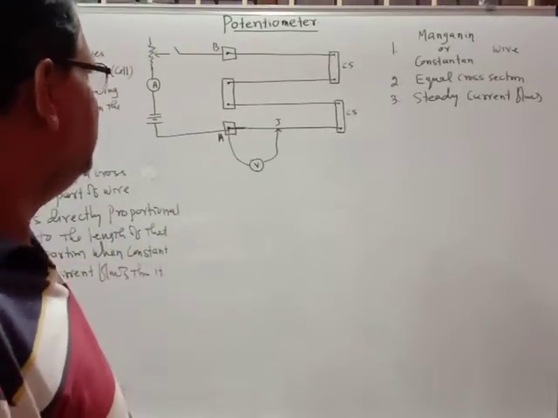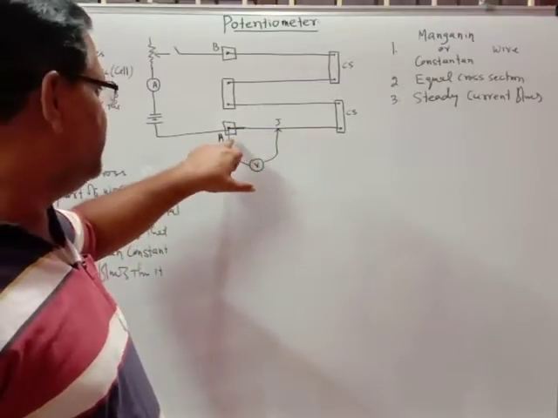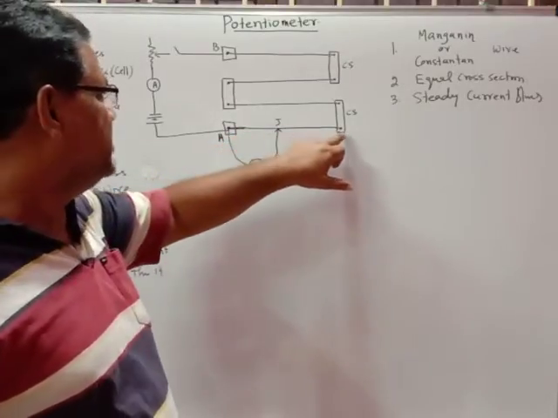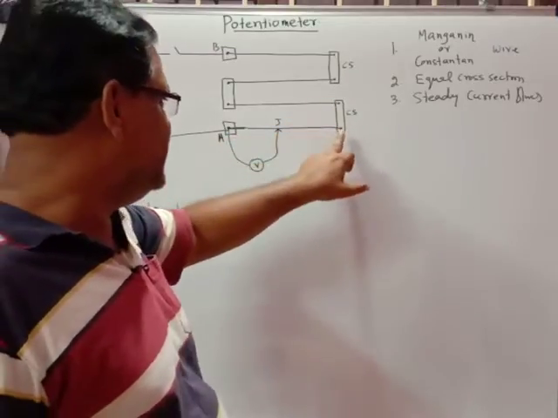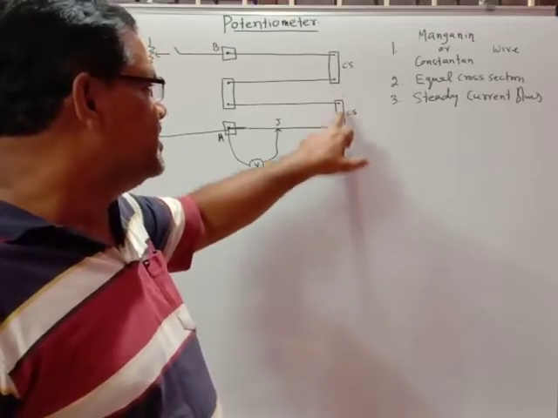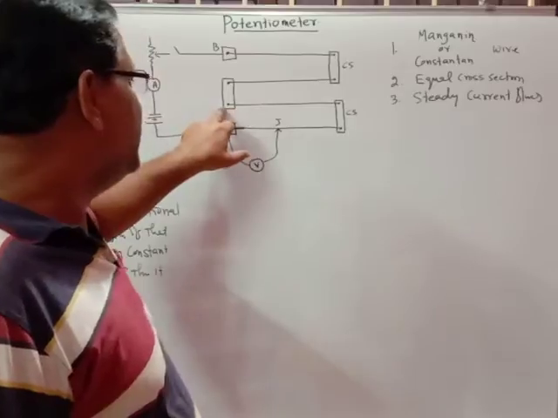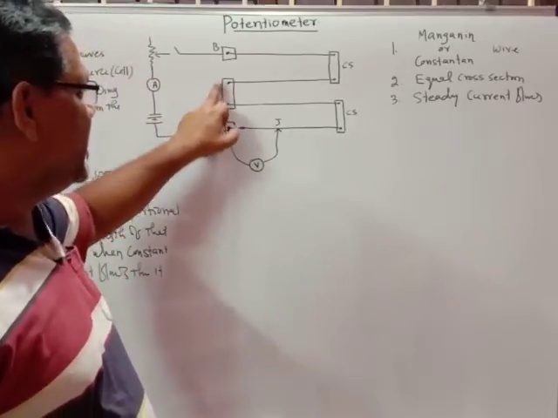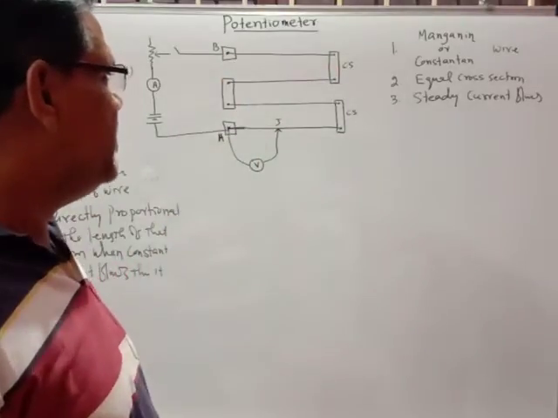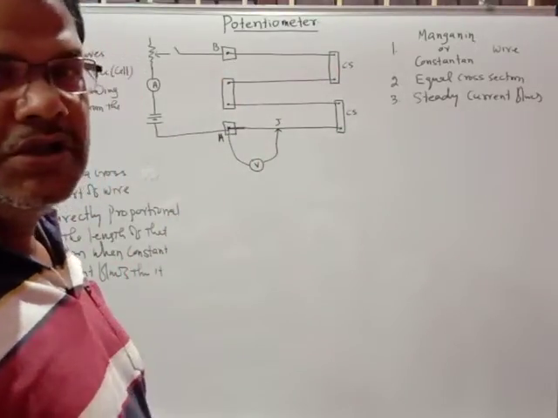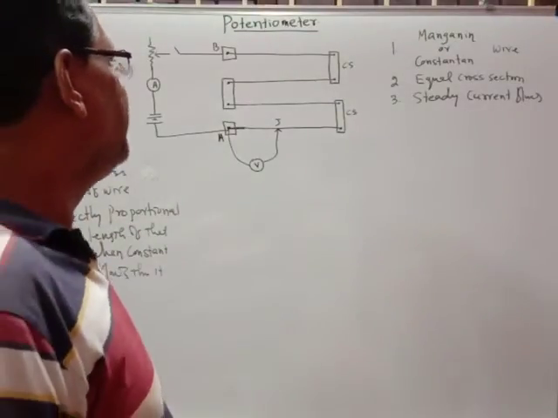A potentiometer, in a simple form, has many wires, each 1 meter long, from A to this point. Another wire is connected by a copper strip connector, and again another 1 meter wire here, and one more connector, and again a 1 meter wire. In this manner, the potentiometer contains up to 10 wires of 1 meter each.